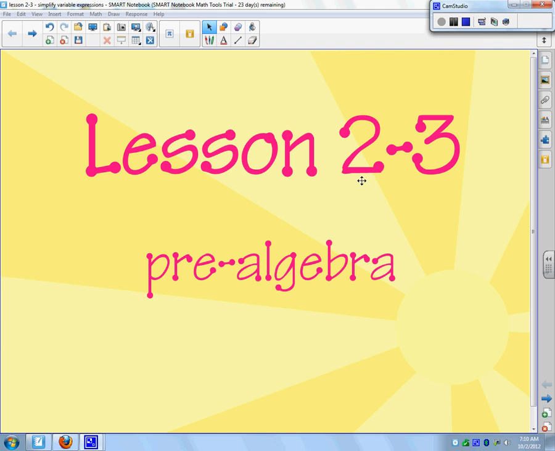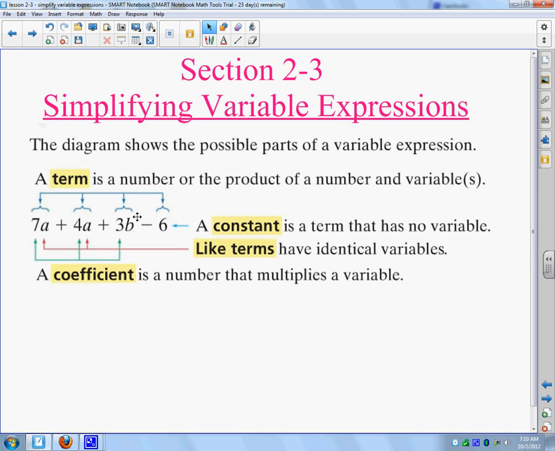Hey guys, this is lesson 2.3 for pre-algebra. 2.3 is called Simplifying Variable Expressions. So you're going to want to take some notes, so make sure you title your notebook Lesson 2.3, Simplifying Variable Expressions. Okay, so what you're going to want to write down in your notes is this: 7a plus 4a plus